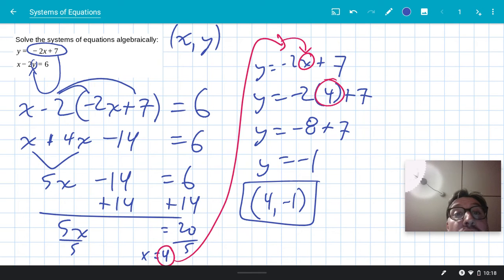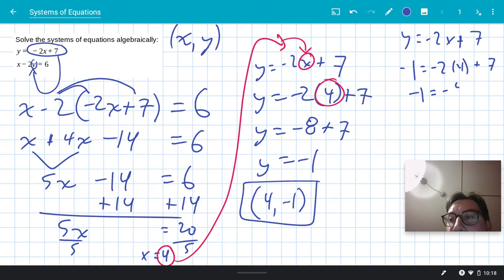Okay, now I could check this by double checking, plugging it in to each equation. Y equals negative 2x plus 7, right? That's negative 1 equals negative 2 times 4 plus 7. Negative 1 equals negative 8 plus 7. Negative 1 equals negative 1. Yeah, it works for the first one. And if I plugged it into the second one, instead of x minus 2y equals 6, it would be negative 1 minus 2 times 4 equals 6. Negative 1 minus